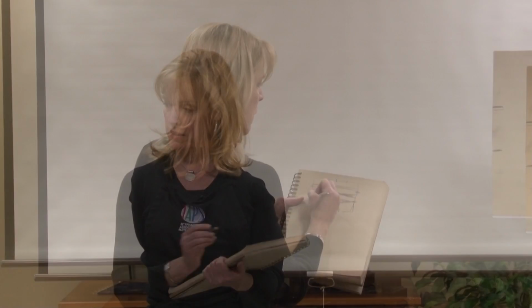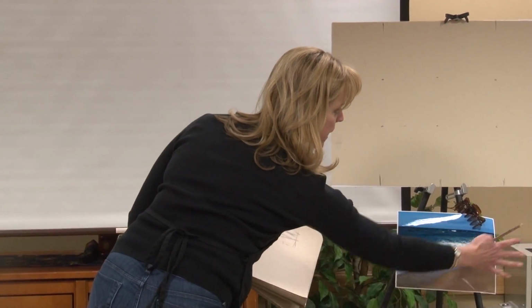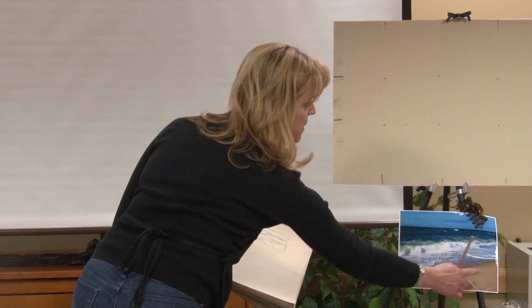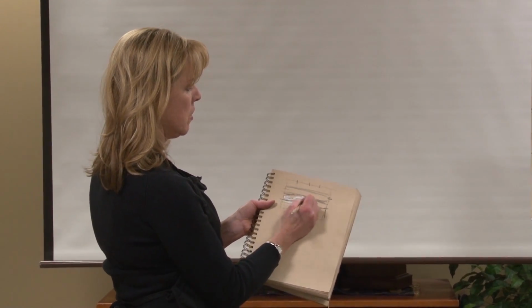When you're choosing a composition for a wave painting, you want to look for large lines that work well. What I really like about this is the color in here and this sense of real power and movement here, and then this kind of spreading out of water. And then I really also like the wet sand and the dry sand. I like the span of different colors and the action going on. And then also this flat,